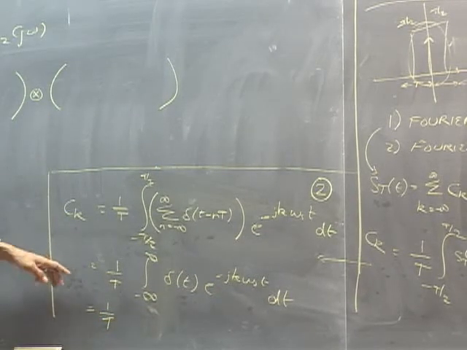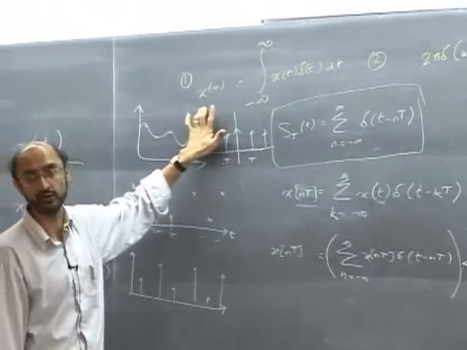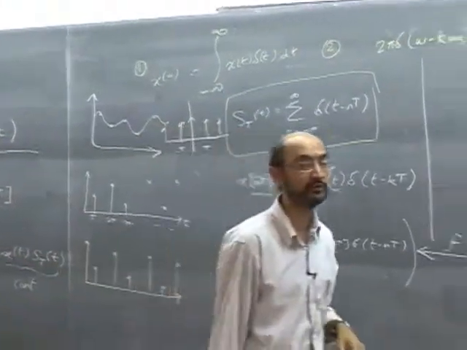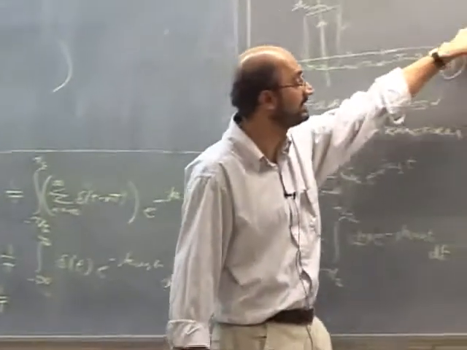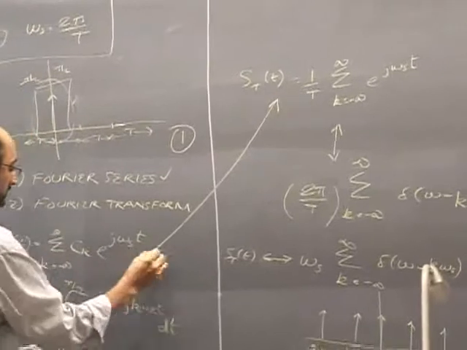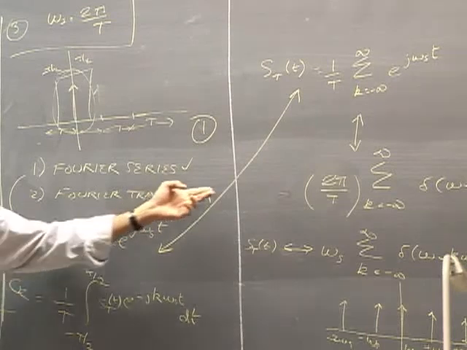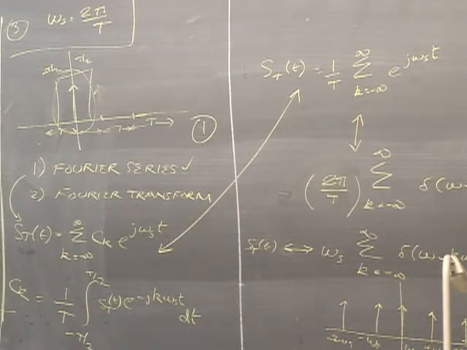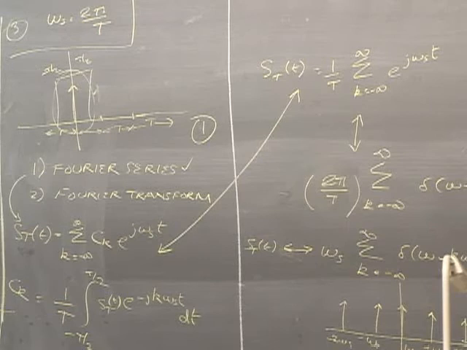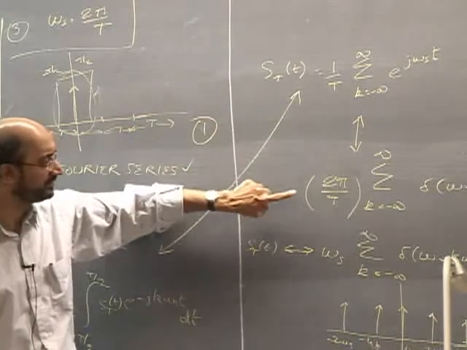And now I just invoke my definition over here to compute Ck as 1 over T. If I compute Ck as 1 over T, then at this point I get St as 1 over T times this. Now what is this? This is exactly this over here. All I've done is substitute for Ck. Haven't done anything complicated here. And then I use the other fact that in the time domain e to the jk omega s t corresponds to a frequency shift by omega in the transform domain. This is again a standard result,